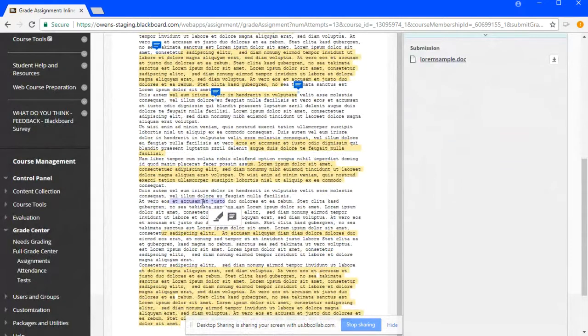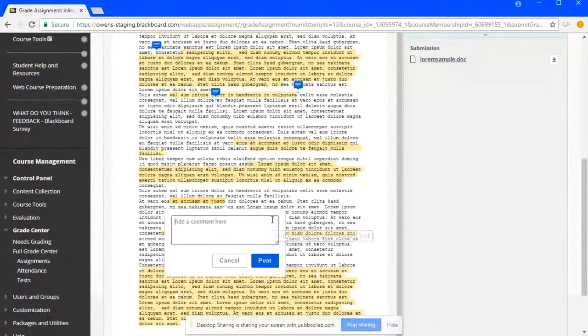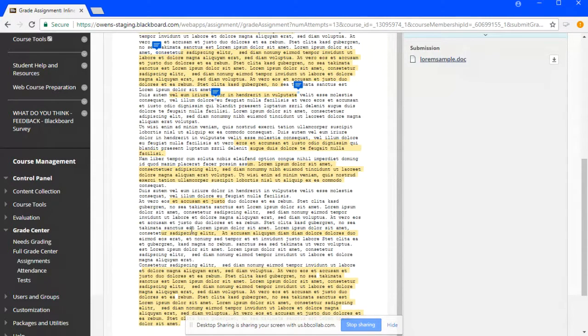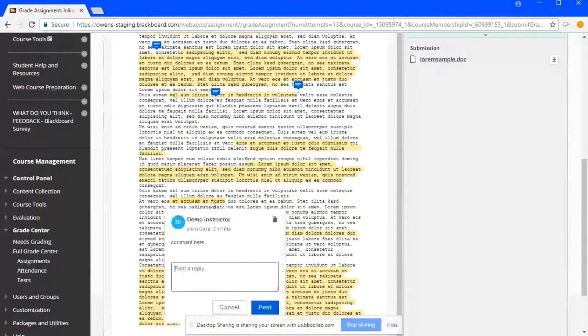If I've highlighted a particular area of text, now I can either get the text tool or the highlight text tool. If I want to highlight the text I just selected, I can simply click this. But then, in addition, I can also make a comment by clicking on the text box next to it. Now the student will be able to see that certain things have been highlighted and whether or not there's a comment over the top by taking their mouse and just hovering over the text that's highlighted. As the instructor, you may not see that unless you actually click on the highlighted text.